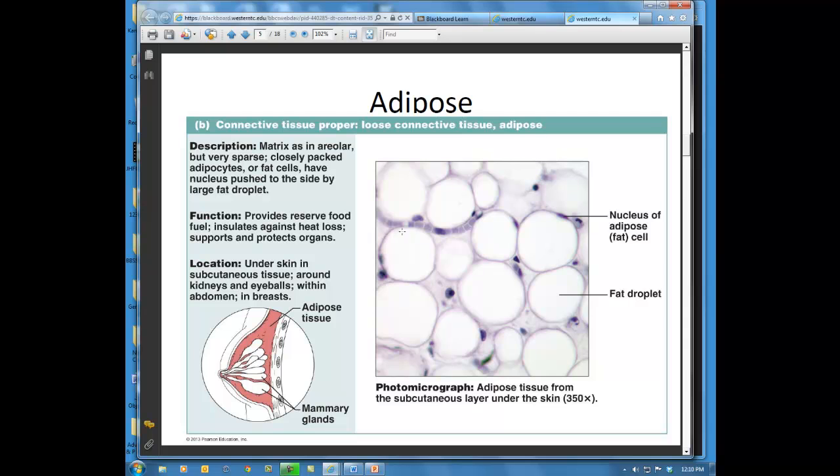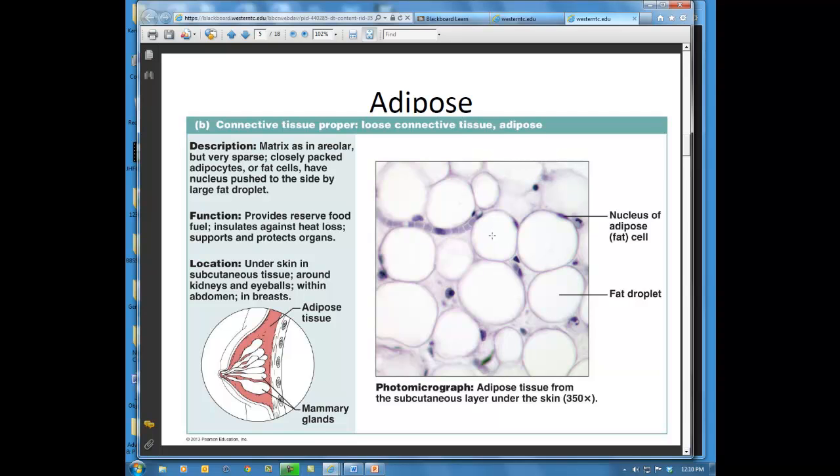So we have this plasma membrane that forms each individual fat cell. So here's a fat cell, here's another fat cell, there's another fat cell. So this kind of looks like chicken wire. Cells are relatively uniform in shape, but they're not always perfectly round like this. They definitely have different views to them, but they are